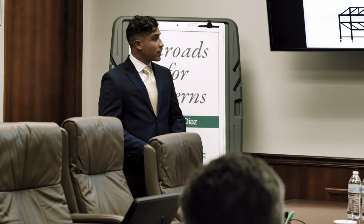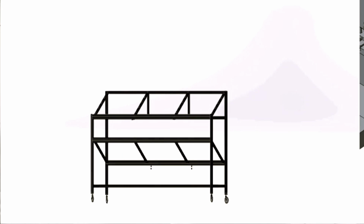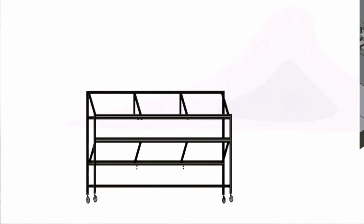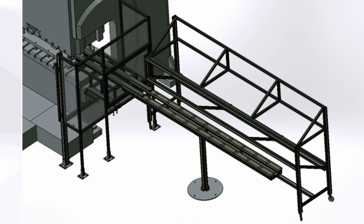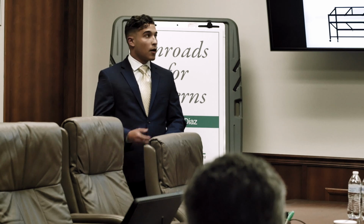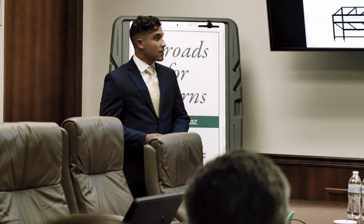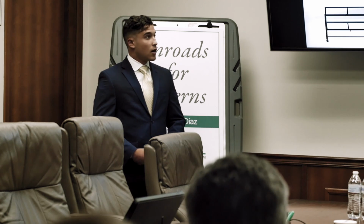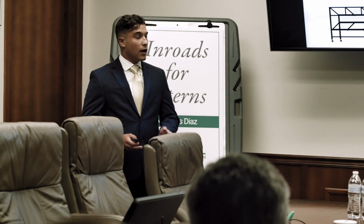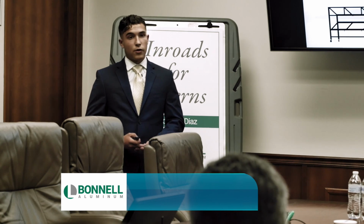So what I wound up coming up with was this turntable that sits on a bearing that we were beginning to assemble over here, a loading and unloading cart for the operator to be able to easily take those pieces, put them on the turntable and operate, and a feeder mechanism that brings those pieces from the turntable into the press. Every design that I do, I try to ensure that it is safe, ergonomic, and as easy as possible for the workers to